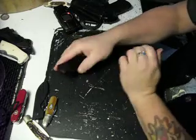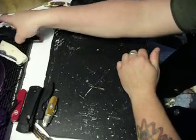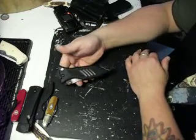That is what it is. You know what that's all about. And this is another one in the wintertime. This one is a Black Hawk